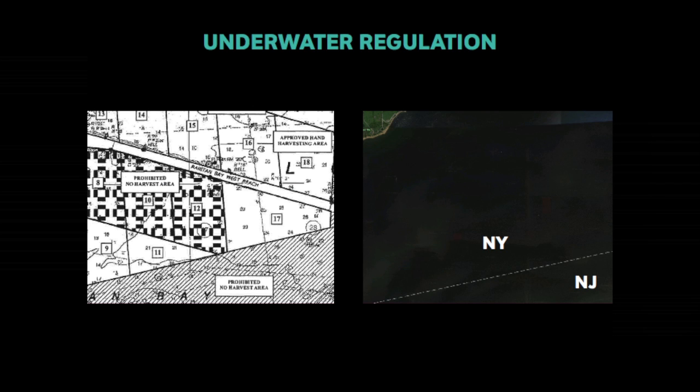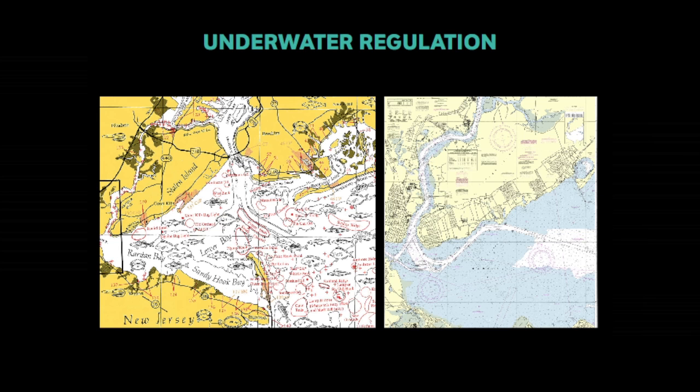Another challenge is simply the regulatory process itself in all its complexity. This is just a snapshot of how different jurisdictions regulate differently. You can see the New York, New Jersey state borderline. Even though the water is, for the most part, the same on both sides, it is regulated and conceived differently by two different states. Simply put, regulatory agencies have very different priorities, and it is our task on the project to navigate, interpret, explain, and nest these different priorities.